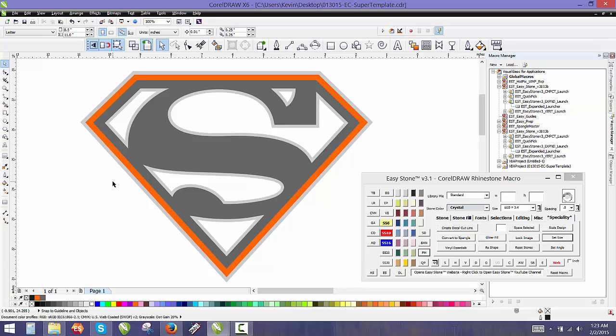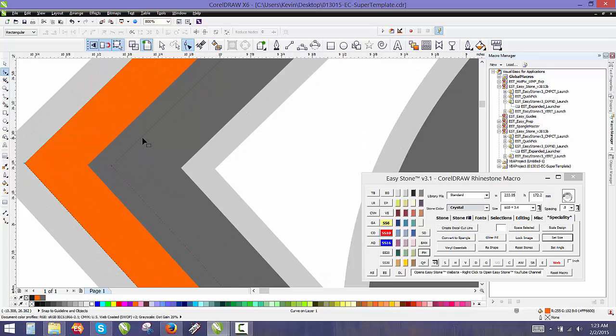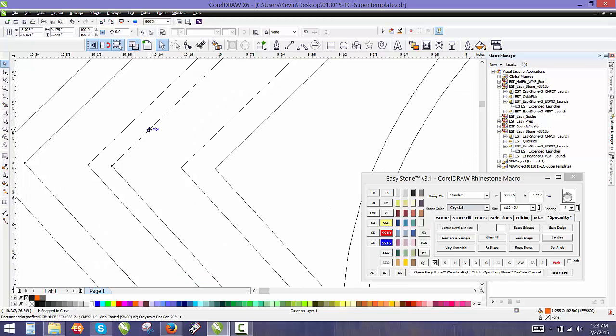I do want to point something out to you before we really get into designing. When you're doing a setup for vinyl, anytime that you have a color touching another color, you have to allow for that. If I double click here on that orange, I don't know if you can see this very well, but there's another line here, like a little dotted line. Basically what that's telling us is the gray is slightly overlapping the orange. If we go into wireframe mode, if you look at where that connection is between those two colors, you'll see there's an additional line to the inside, and that is how much the gray